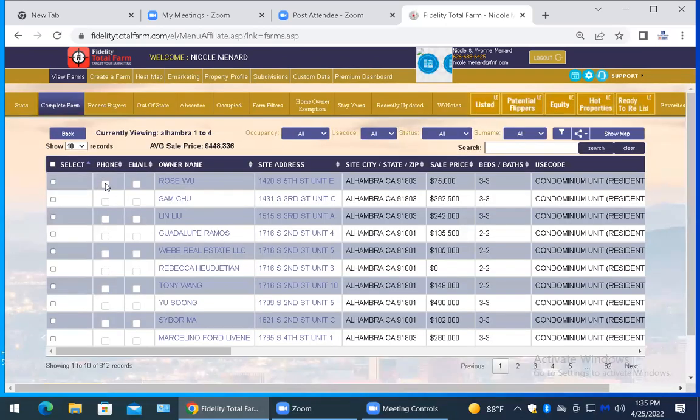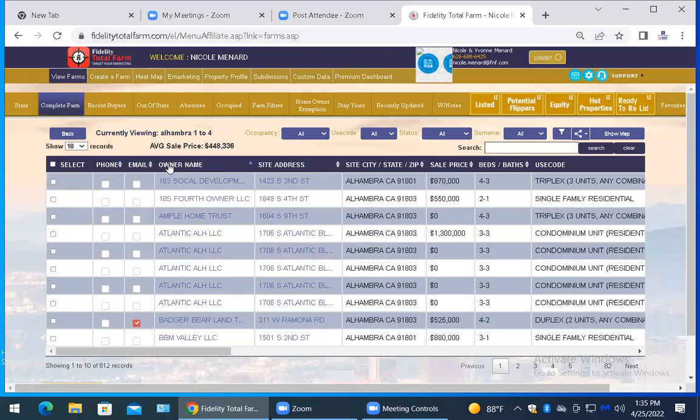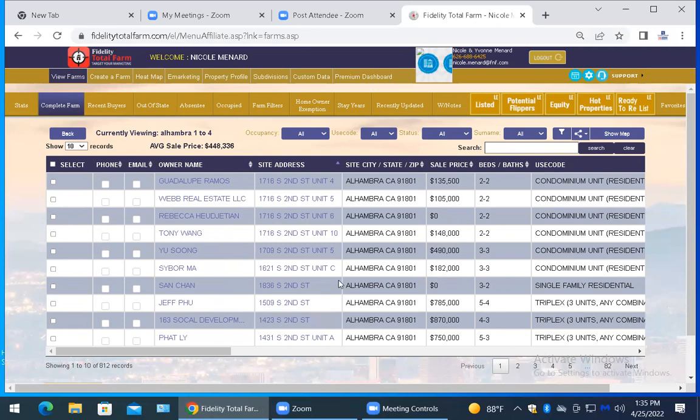And if there's a phone number or an email associated with any of the property owners, you'll see a red X next to the phone or the email. Okay, and you can sort any of the columns there. If you click on the particular column, then it'll sort it. So if you want to sort by the owner's name, especially for your door knocking, then you can sort that. And if you wanted to print out your farm, you could print the farm out then for your door knocking,